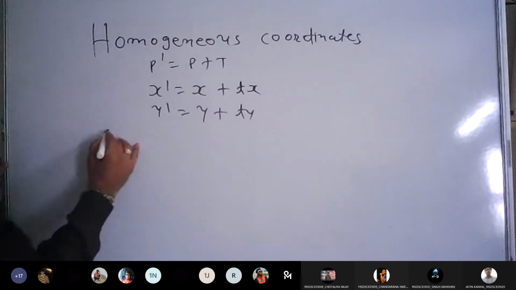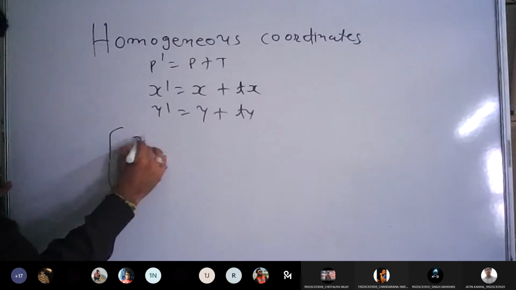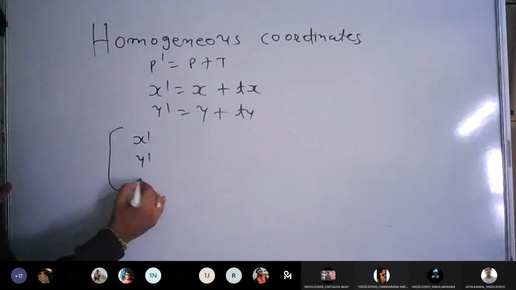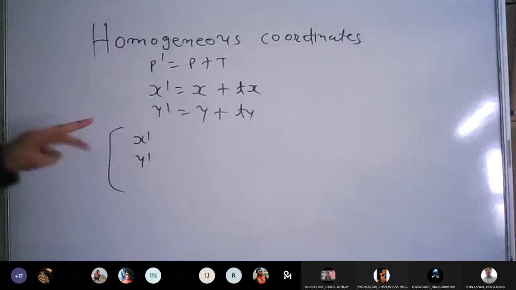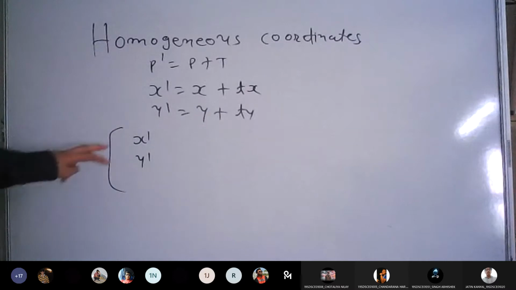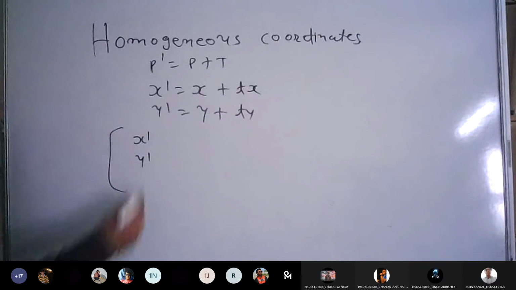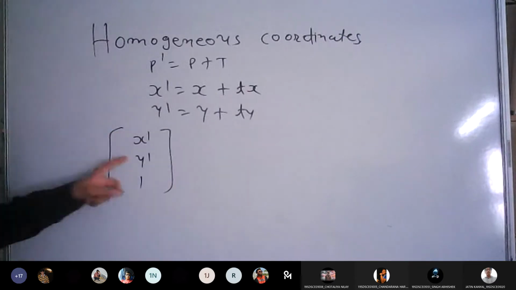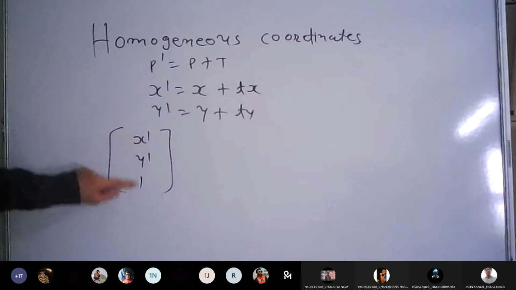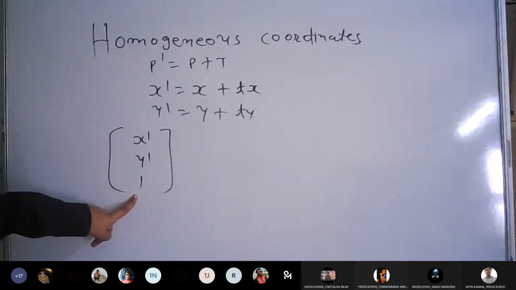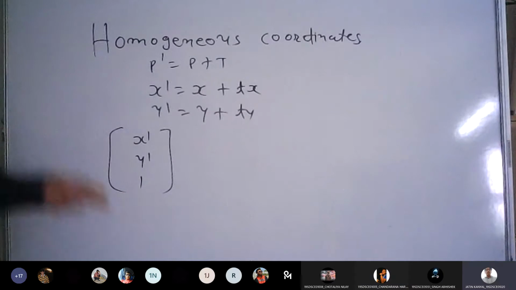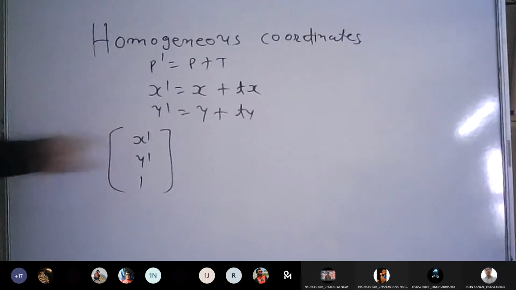So I will prepare the boxes like this. Let's say this is x dash, y dash, and we know that by converting the 2 by 2 matrix into 3 by 3, you can get the multiplicative form. Earlier my point was x dash y dash, but now to convert this point into 3 by 3, I can append 1 here. Are you getting what I'm doing? x dash y dash 1. Yes, so this is the 3 by 3 representation for this point.